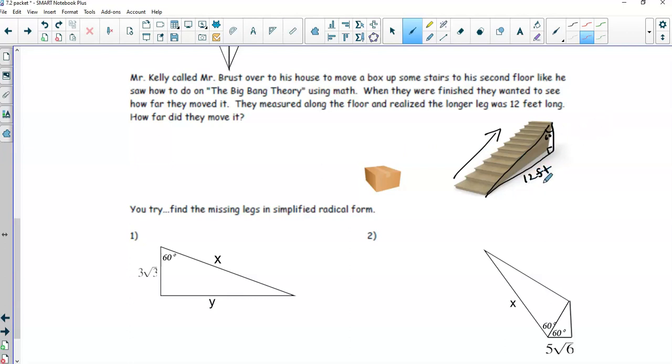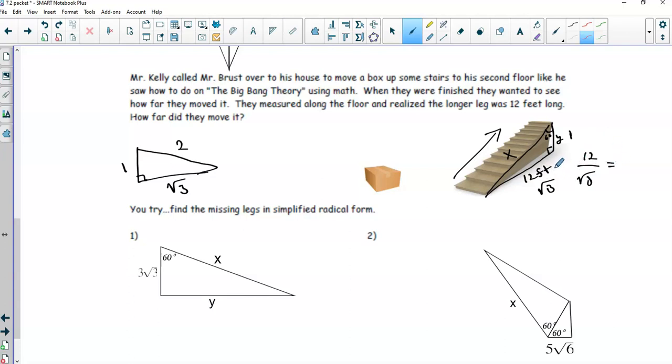All I have to do is remember that on the triangle, if you remember from before, we have 1, 2, and here was the square root of 3, right? So we're making that comparison. So here is the long leg. The long leg is the square root of 3. I'm looking for this here, but I need this right here. So let's say y, this is 1, right? So 12 is to the square root of 3